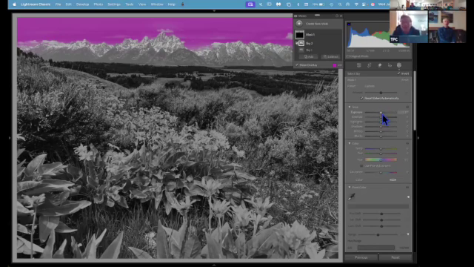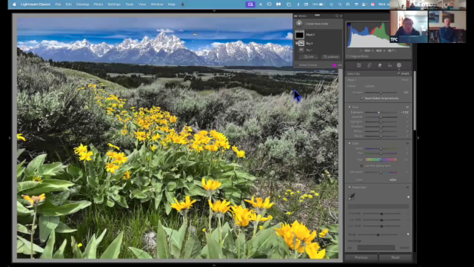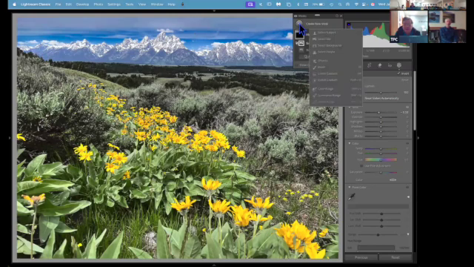But now we can go ahead and play with that sky and make it the way we want to without impacting the mountains. What I really wanted to show you with this example, though, is I wanted to create a mask, and I want to drop down into